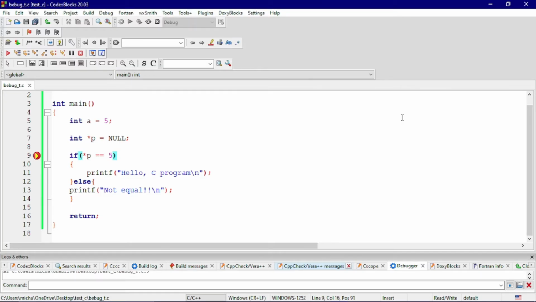Imagine maybe you never found the problem and you wanted to follow it critically to understand exactly what's happening. We can do this by using Step Into, where we step from one step to another at a time. Next Line is also good for this, stepping from one line to another. We also have Run to Cursor, Next Instruction, and Step Into Instruction. All these features help us debug in different conditions where necessary.